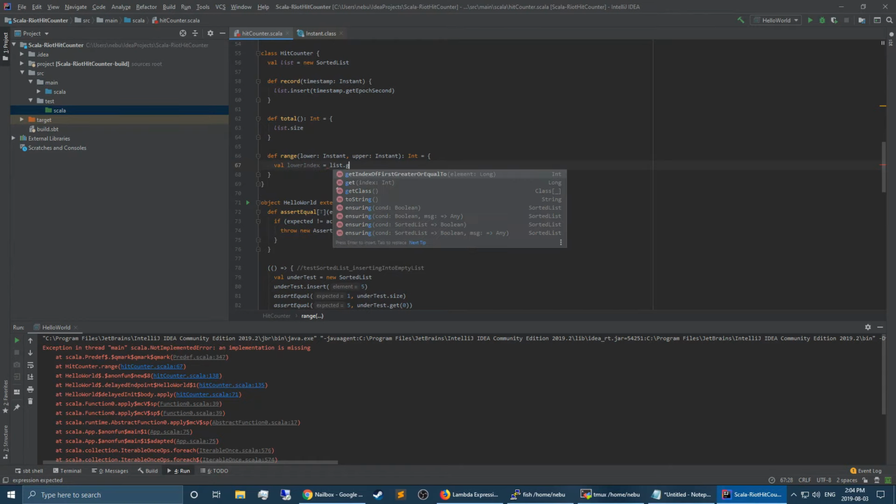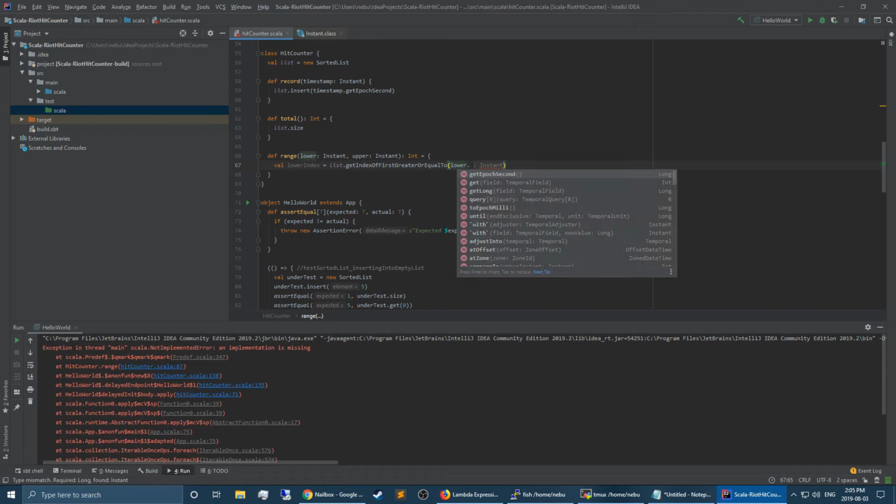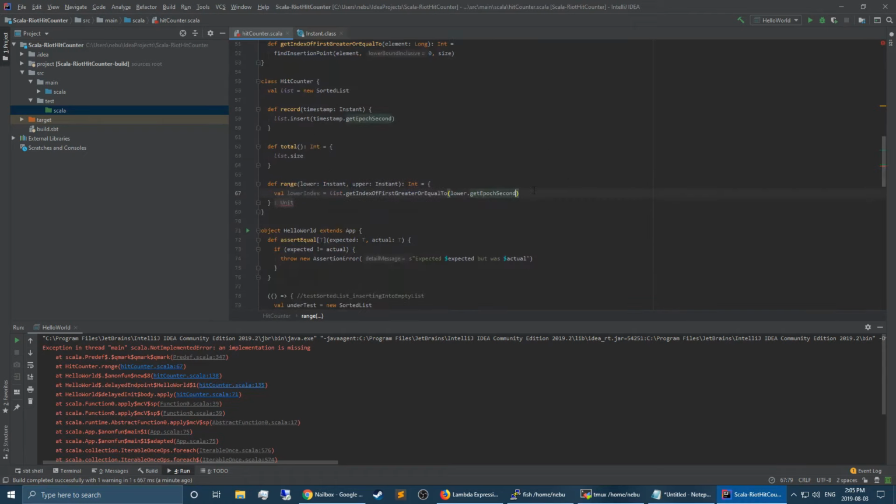Equals, let's go get index of the first element greater or equal to the lower bound. Am I doing epoch seconds everywhere? Yeah, okay. It'd be nice if I could figure out the generic thing. Maybe we'll do that in a later pass, so I wouldn't have to keep doing this transform each time, but whatever for now. So similarly, for the upper index, I'm going to say I want,